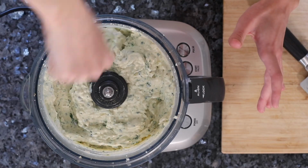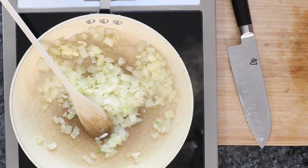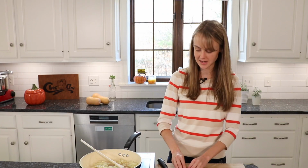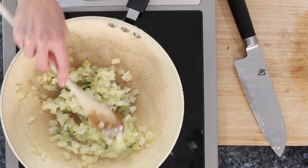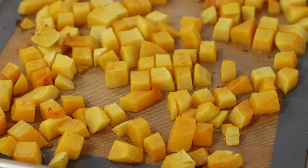Now that the filling is all done, we are going to finish our sauce. To finish our sauce, we're going to saute some onion and garlic. And I also like to add in a little bit of fresh sage just because it pairs so beautifully with the butternut squash. Once that is cooked, we're going to add it to a blender along with our beautiful roasted